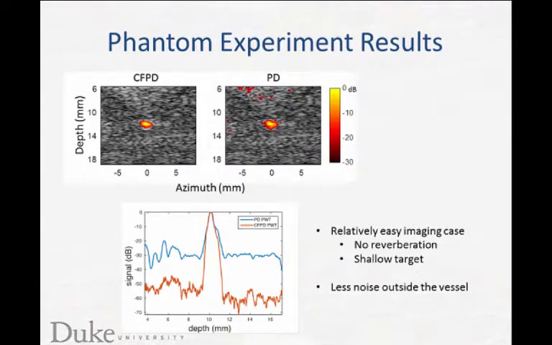We can see that it reduced the background noise that is seen in the PD image, and the vessel appears to be better defined than in the Power Doppler image. The figure below here displays the center cross-section of the vessel in both images. We can see that CFPD reduces the background noise level by about 20%. In conclusion,